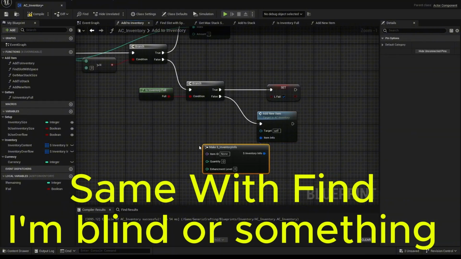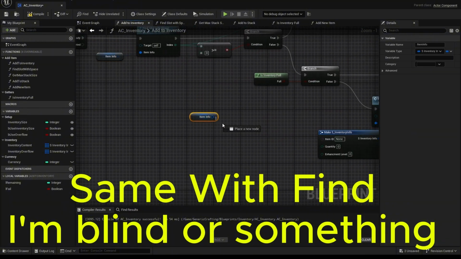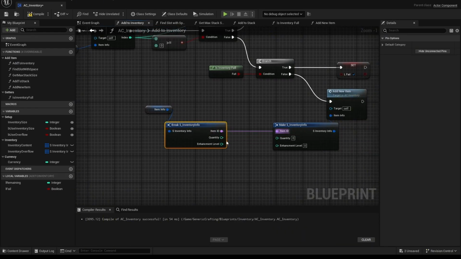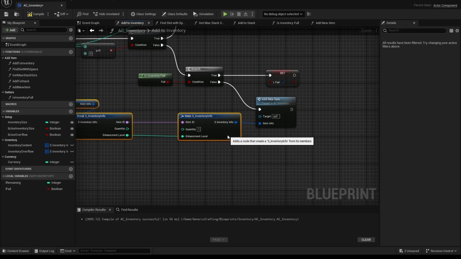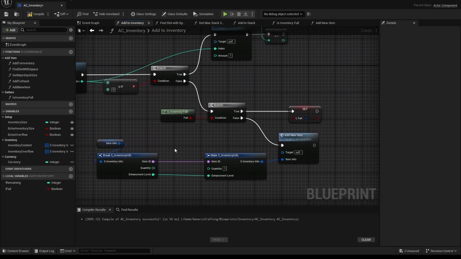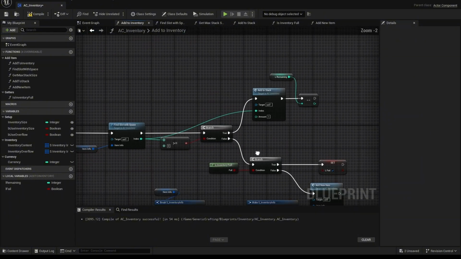We're going to make this. We can't just pass the item info directly in, otherwise the quantity will be broken. So I'm going to break that, take the item ID, the enhancement level, and add a 1. Now it's going to create a new stack. Again, if you want to add conditional checks to see if it can be stacked and all that stuff to kind of trim this down,